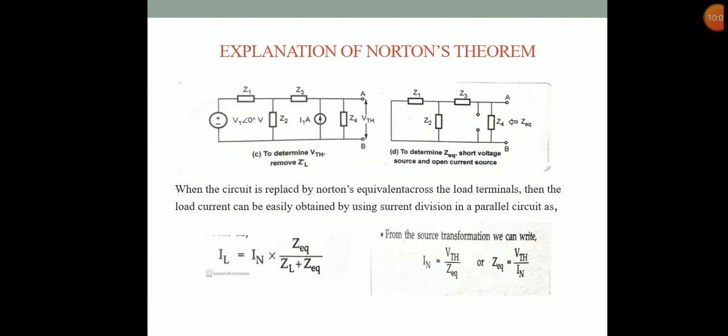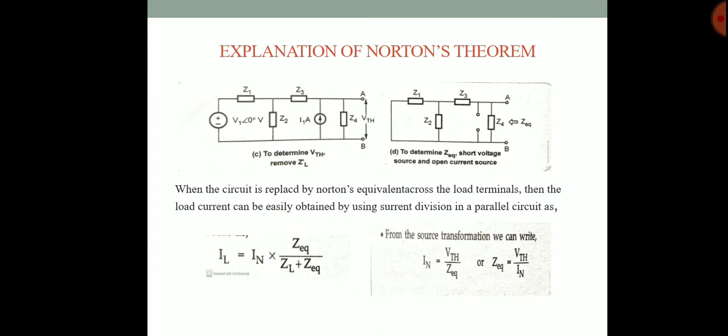Now the explanation of Norton theorem. We consider a network. In this figure, the terminals A to B are the load terminals where the load impedance ZL is connected. According to the Norton theorem, the entire network can be replaced by a current source IN and the equivalent impedance Z equivalent in parallel, across which the load terminal A to B is connected. To obtain the current, short circuit the load terminal A to B and calculate the current through the short circuited path using any of the network simplification techniques. This is nothing but the Norton theorem.